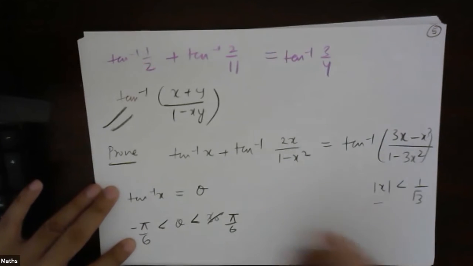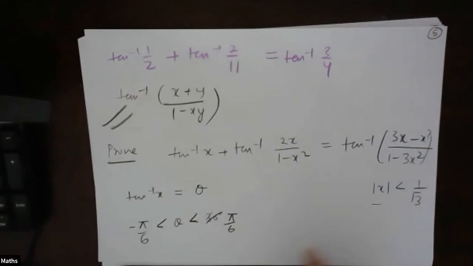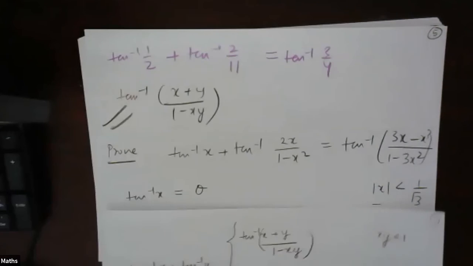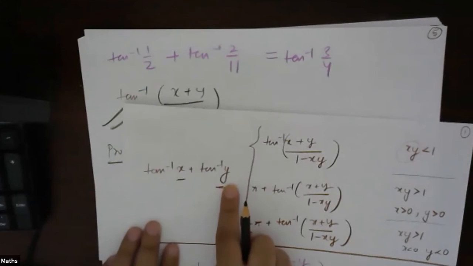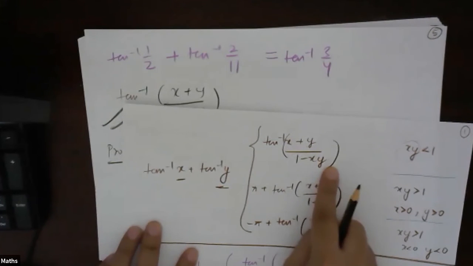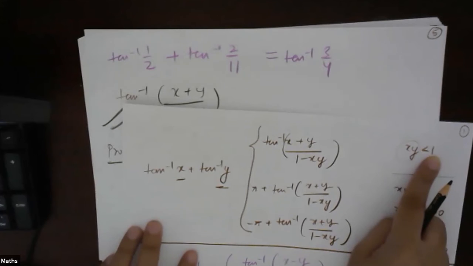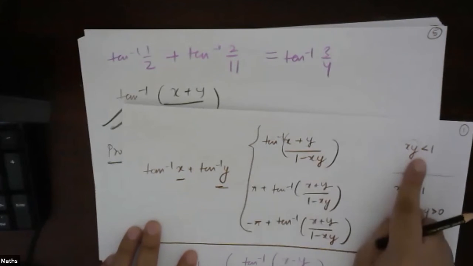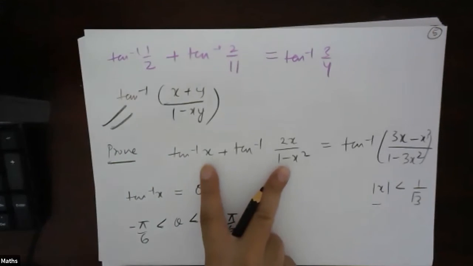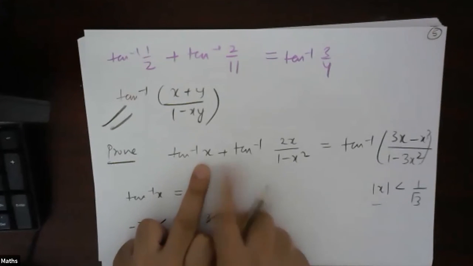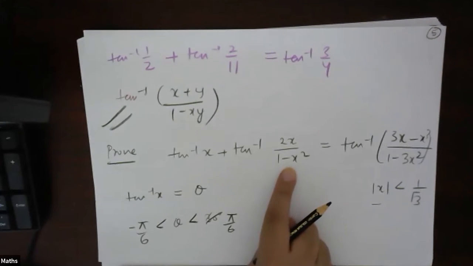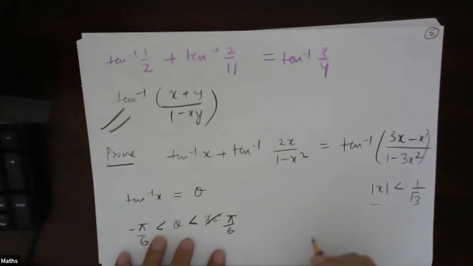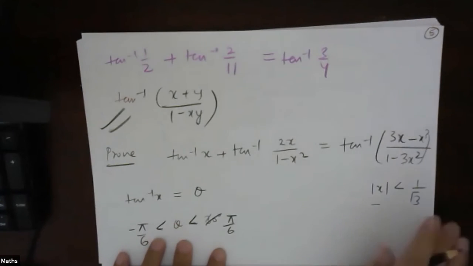Also if we look at the formula, the first one: tan inverse of x plus tan inverse of y is equal to tan inverse of x plus y upon 1 minus xy, where x into y should be less than 1. We can apply the formula directly. So I will simply make use of this. x is less than 1 by root 3, so I will simply take this, right?